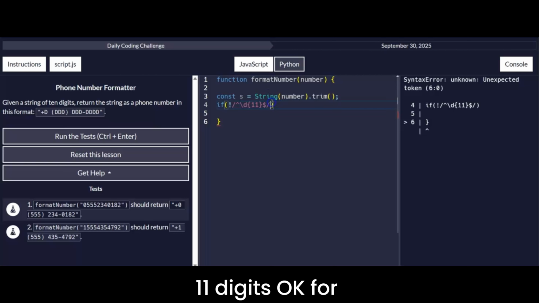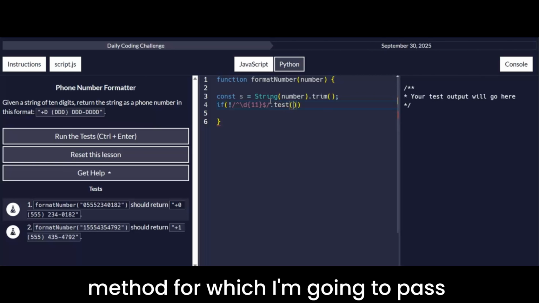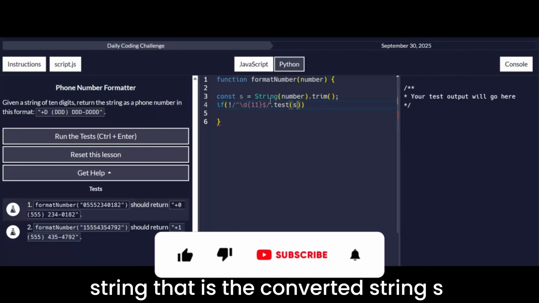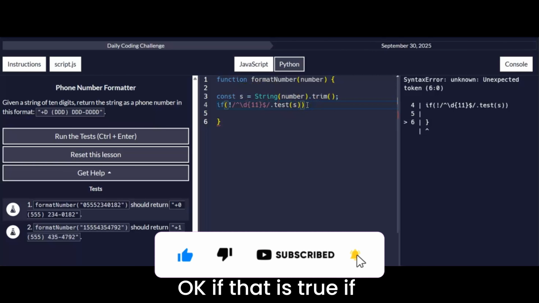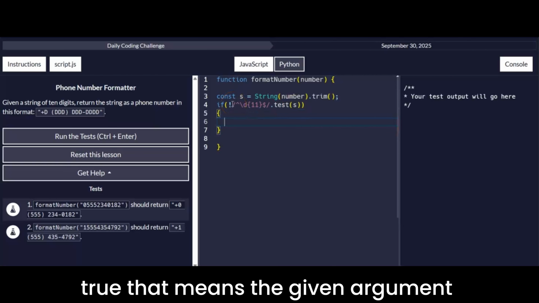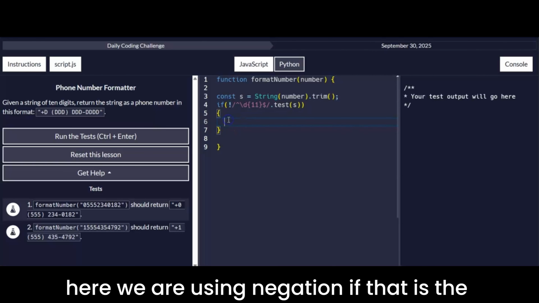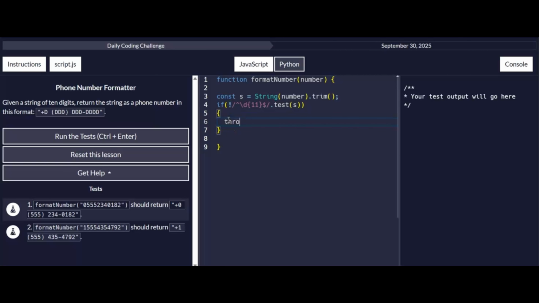For which I'm going to call the test method, and pass the converted string s. If this condition returns true, that means the given argument doesn't contain exactly 11 digits. Why? Because here we are using negation. If that is true, then we simply throw an error